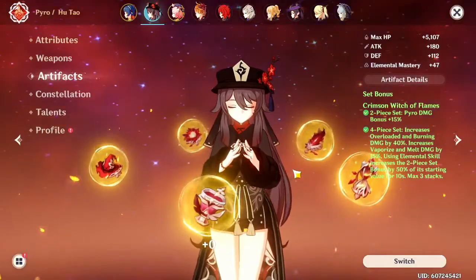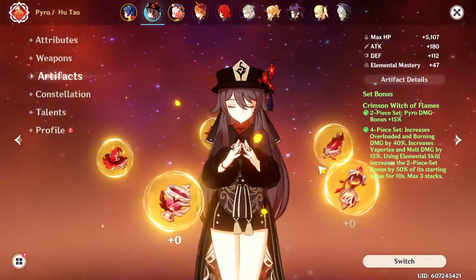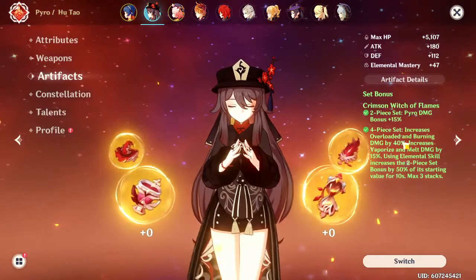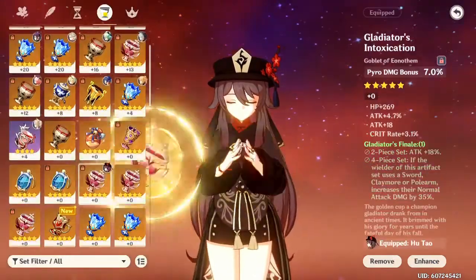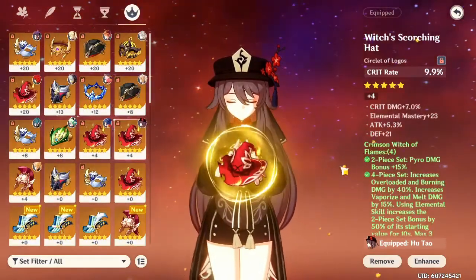As for Hu Tao's artifacts, I think her best in slot is Crimson Witch of Flames. The reason I say this is because the 2-piece gives a straight up pyro damage bonus, which is really nice, and the 4-piece will give you more elemental reaction damage. Now, other options you could run are the 2-piece Gladiator plus the 2-piece Crimson, because you get more attack and